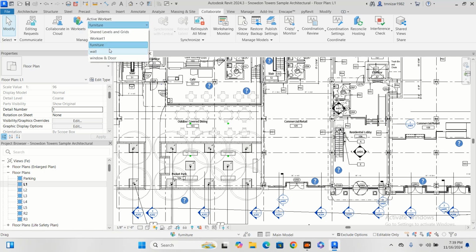Here I did some worksets, only like furniture, wall, windows, and doors. And mostly it will be hundreds of worksets, like workset for columns, workset for cable trays. If you are working on the electrical, workset for cable trays, workset for sockets, workset for lights. So in the combined model, when we are working in the coordination model,